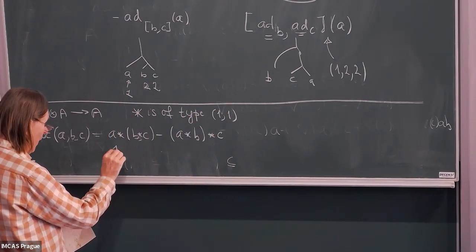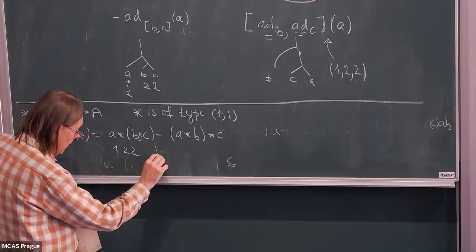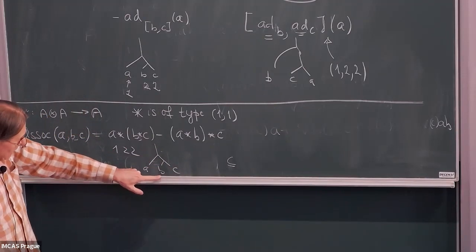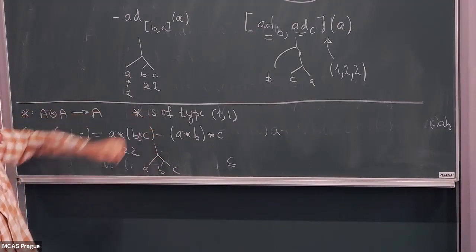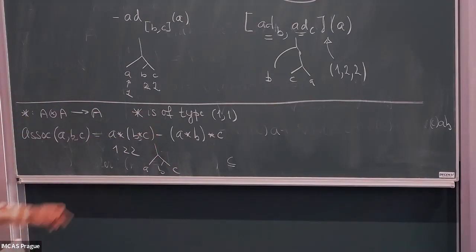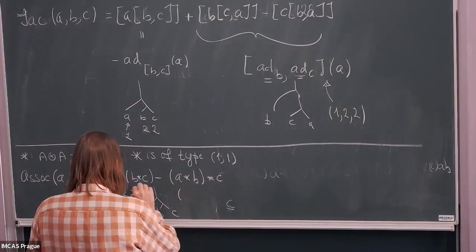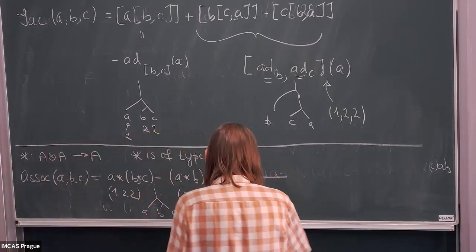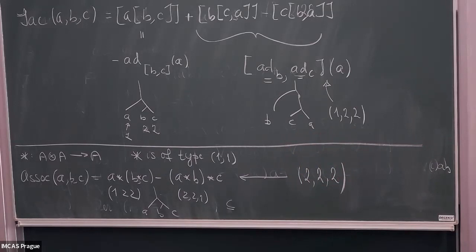So the type of this is 1, 2, 2. Why is it so? Because what I have here is A, B, C. In A, it is of type 1. This is clear. In B, I get degree 1, sorry, order 1, and then I compose it with the adjoint action of A, which is another operator of order 1. So I get order 2 in B and similarly order 2 in C. And this fellow is of type 2, 2, 1. Therefore, the entire thing is of order 2, 2, 2,